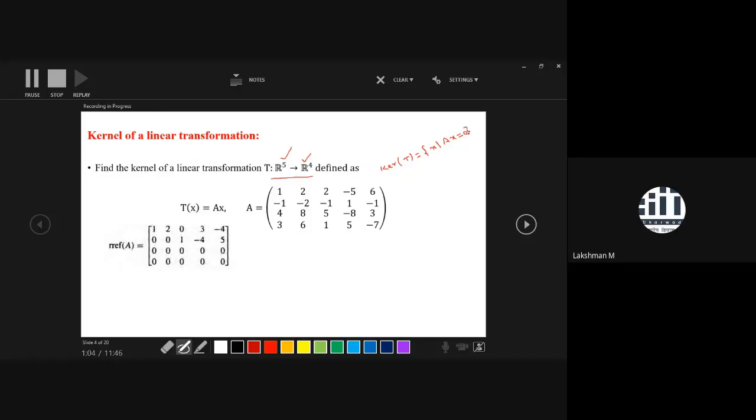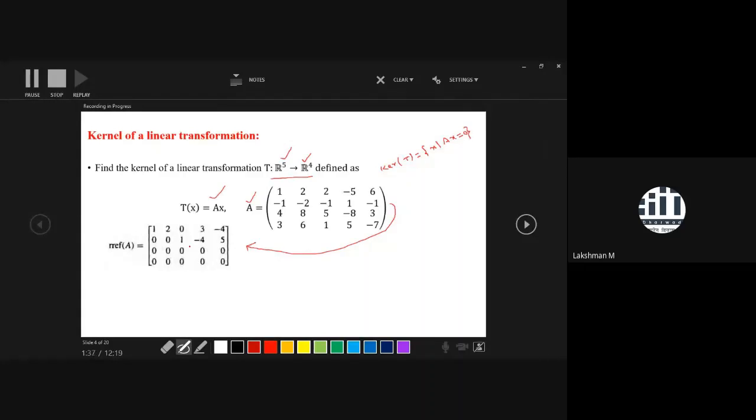In the Gaussian elimination method, we also put an augmented column, but here the right hand side is 0. So if you apply any kind of elementary operation over a zero column, it won't affect it. That's why we are not going for the augmented version. So directly we will find the RREF, the row reduced echelon form of this matrix. The row reduced echelon form of this matrix is this one, and from here we decide what would be the kernel of the transformation defined by this matrix.